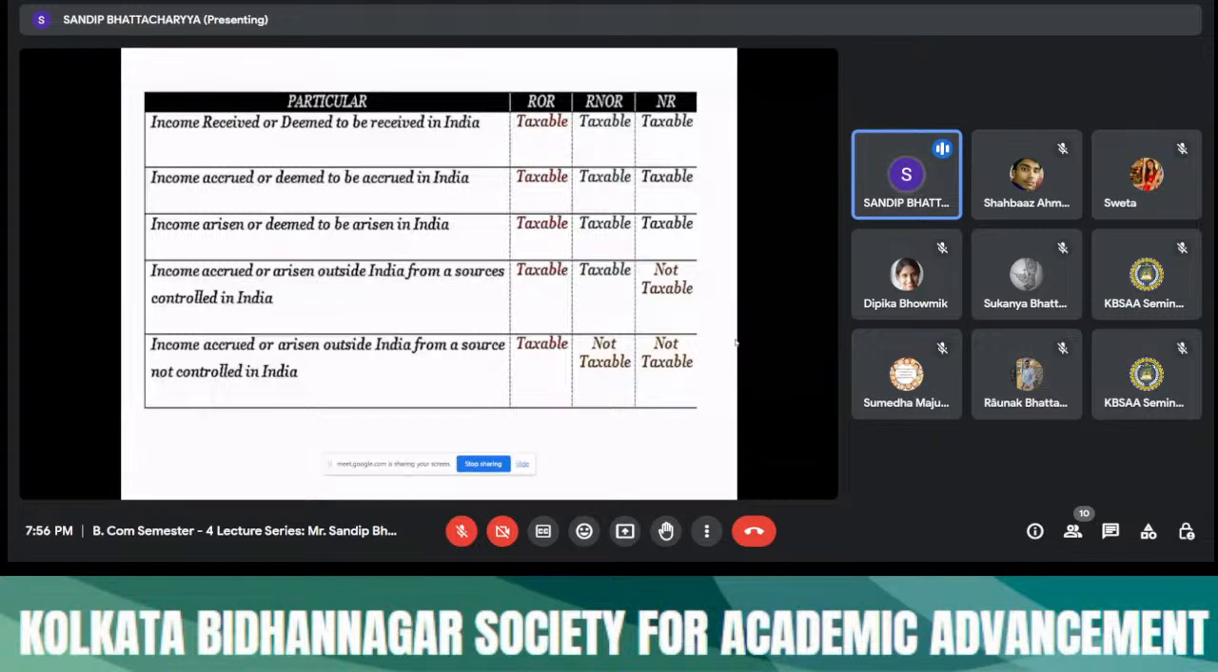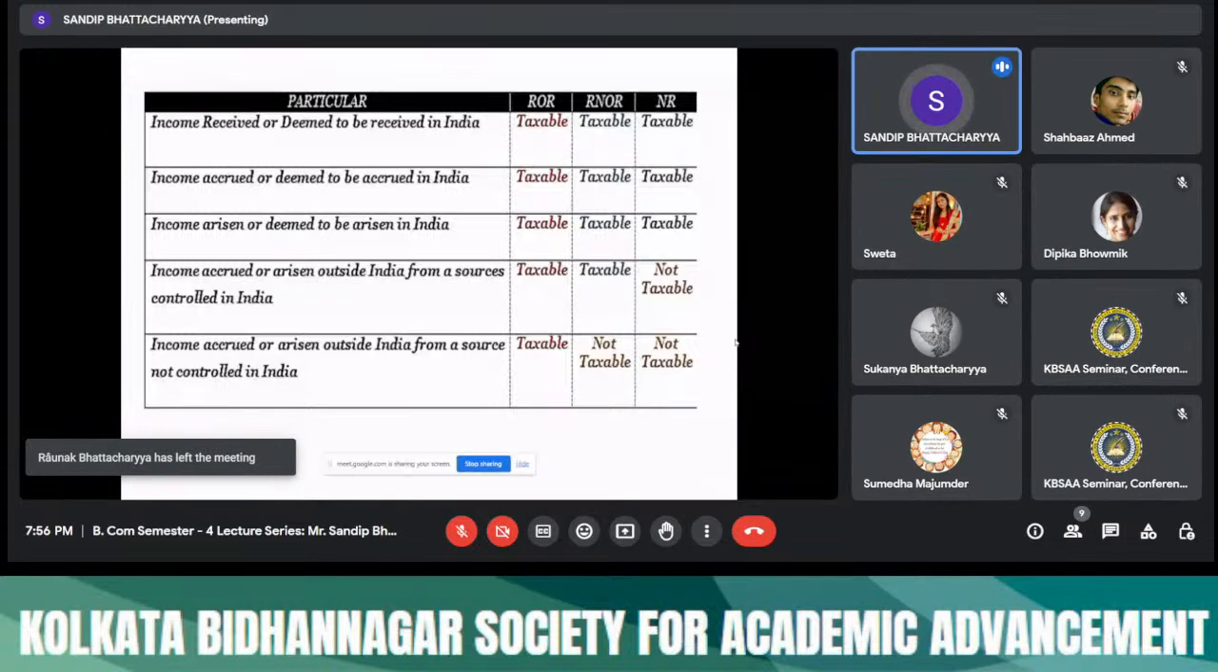income accrued or arisen outside India but business control in India. The business is controlled from India, but I am supposed to receive income outside India. So in the first case, that is the resident and ordinary resident, it will be taxable. In the second case, that is resident but not ordinarily resident, again it will be taxable, but not taxable in